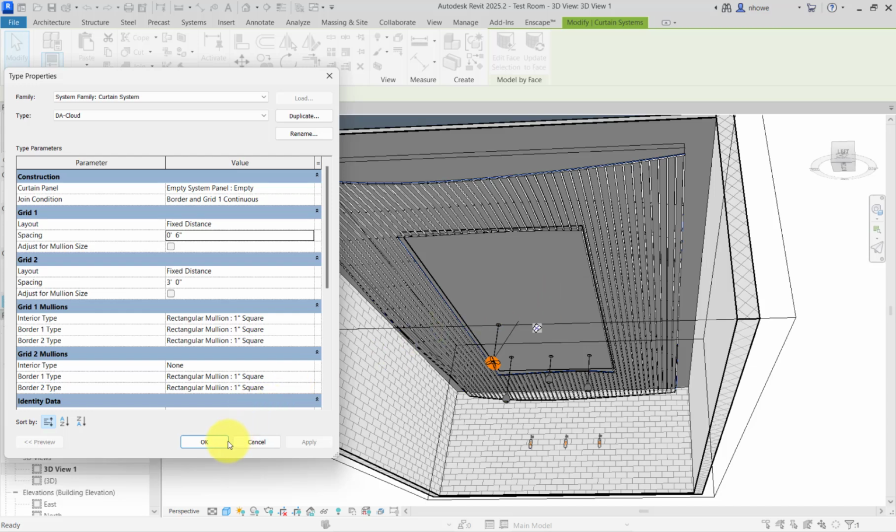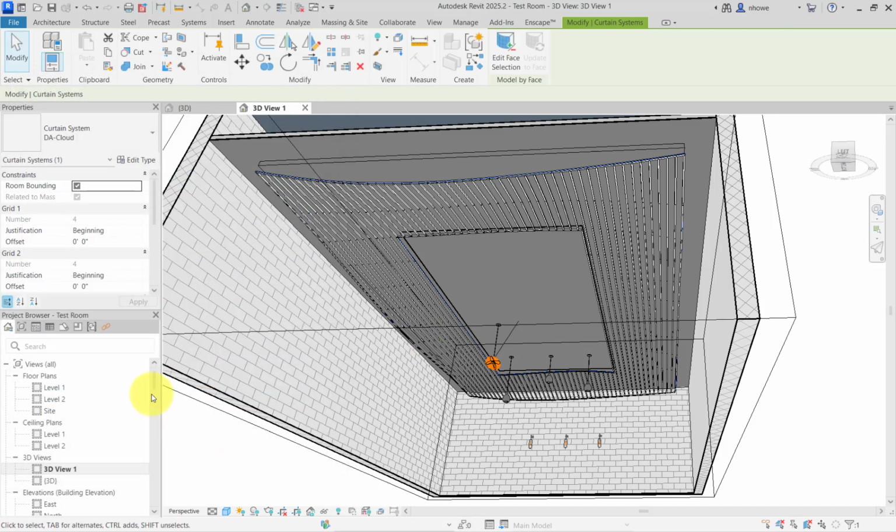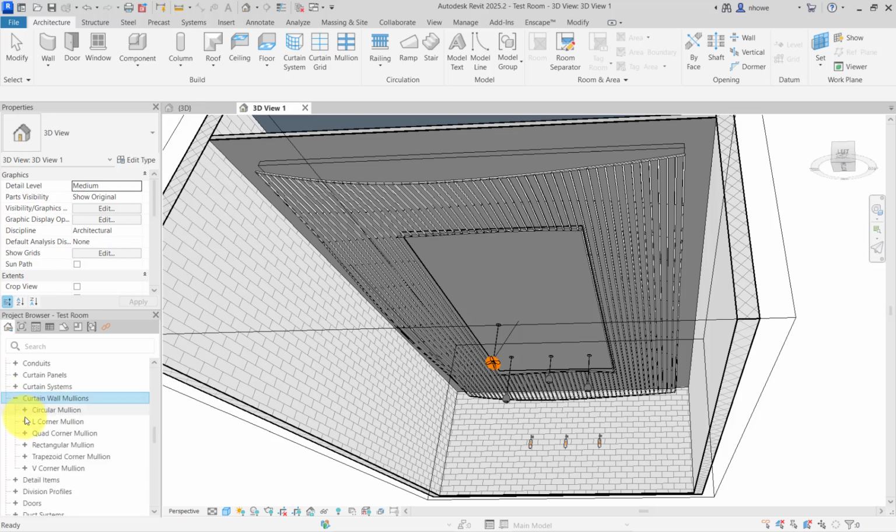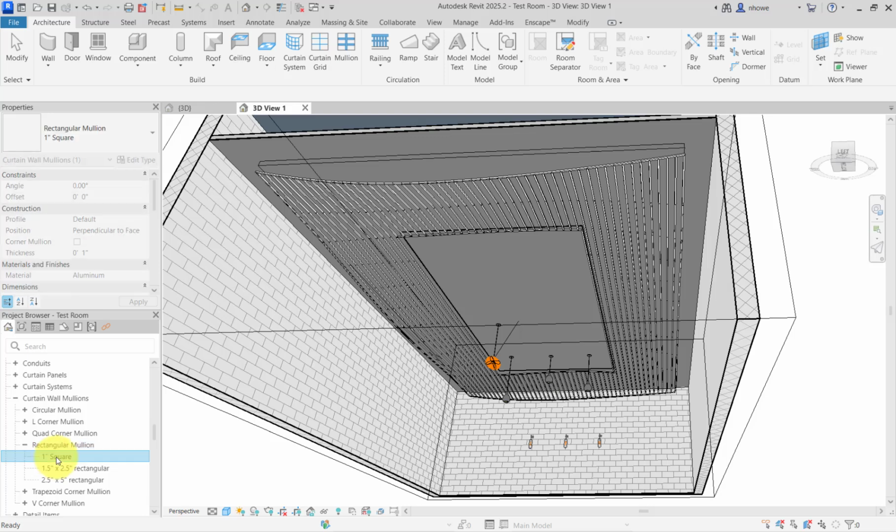In fact, maybe we should go ahead and do that. So we'll go under here, project browser, under families, to linear, 1 inch. We're going to duplicate that. We're going to call this